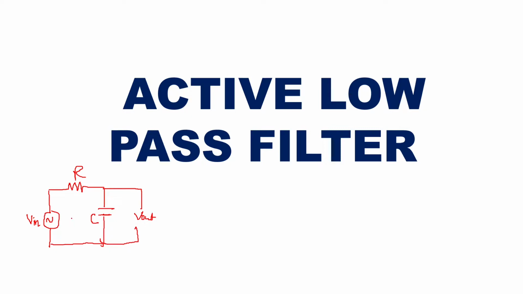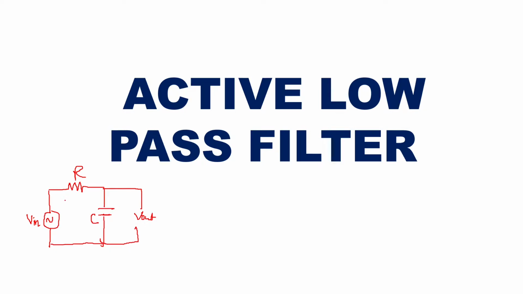Now this type of filter which uses passive devices will be called a passive filter. The limitation of this filter is the output will always be less than the input, because of the losses in R and C. That means the output will not get amplified at all, and any small signal, if it is there, cannot be detected properly because of the input impedance.